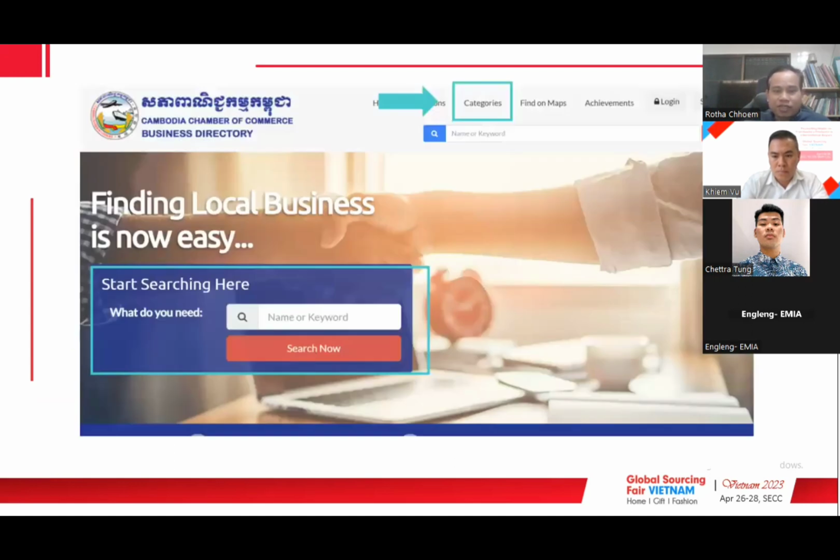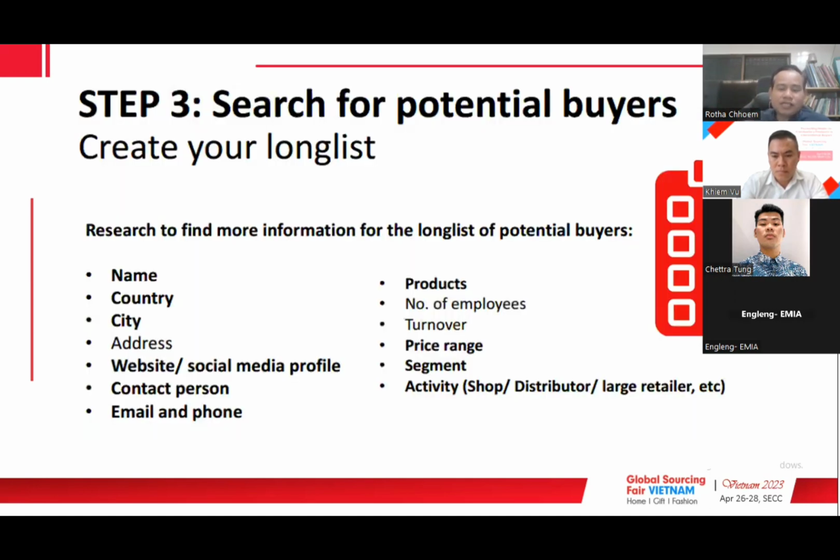Yeah, I will show the website, go to category and then select whether it is shoes, apparel, gifts and so on. Just type in the name and keyword and then you will approach that. So